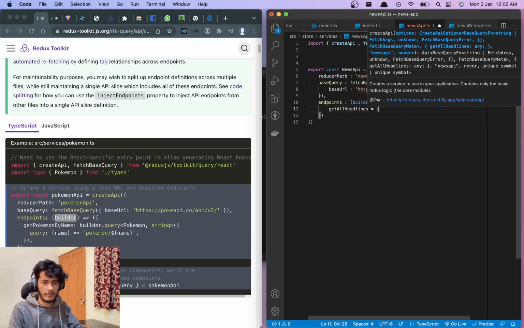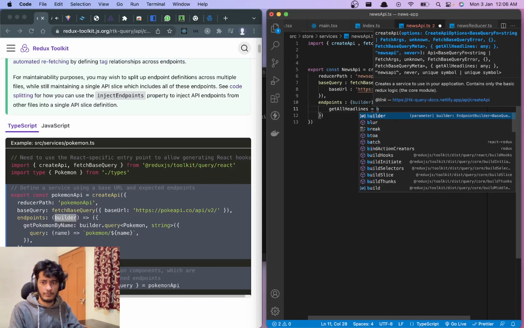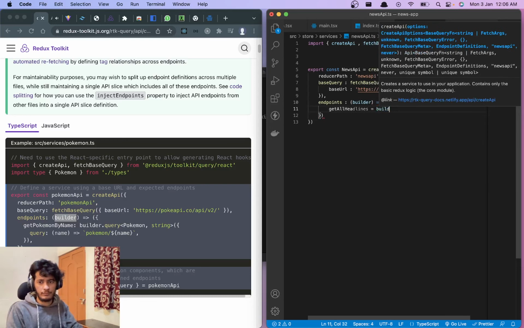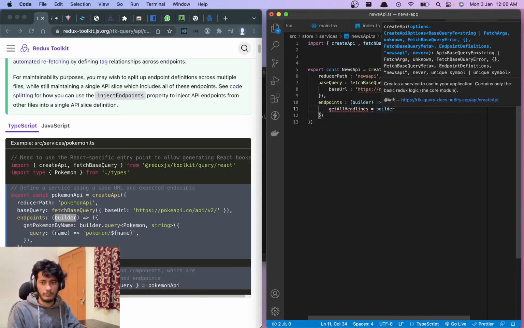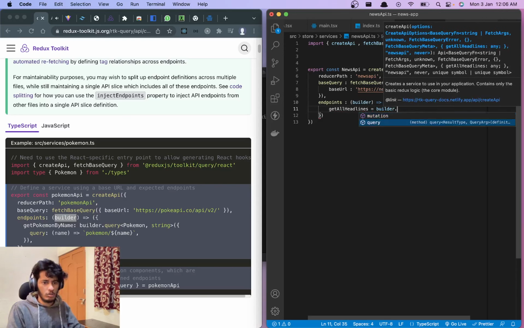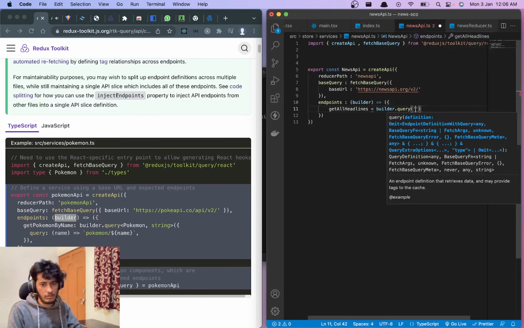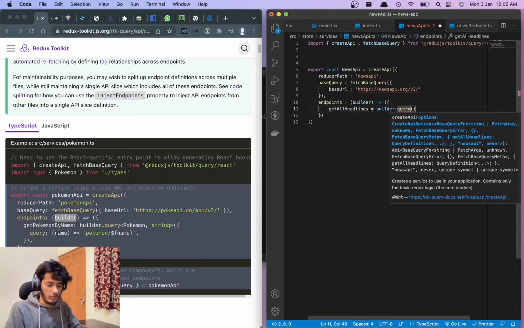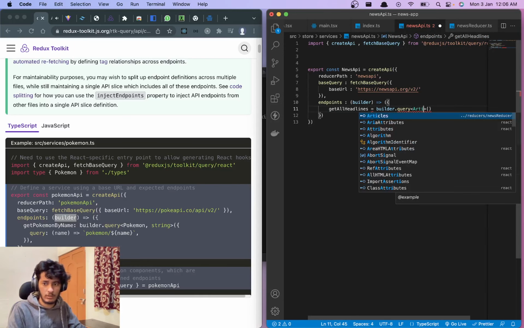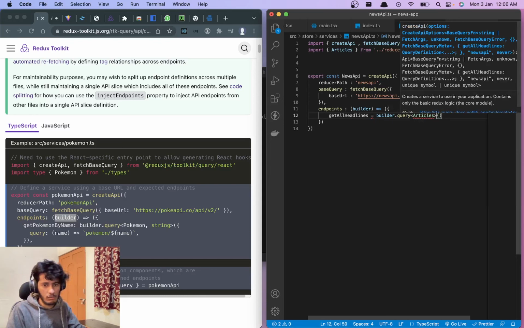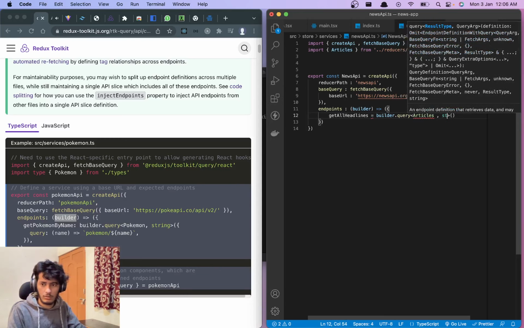Okay. Query, and what we can do is provide a type to this, which is articles in this case, right? What is this?